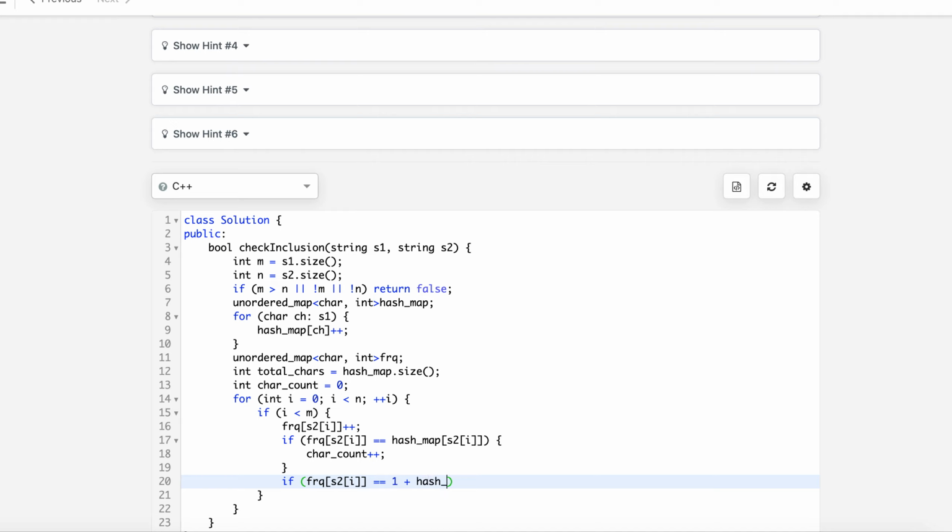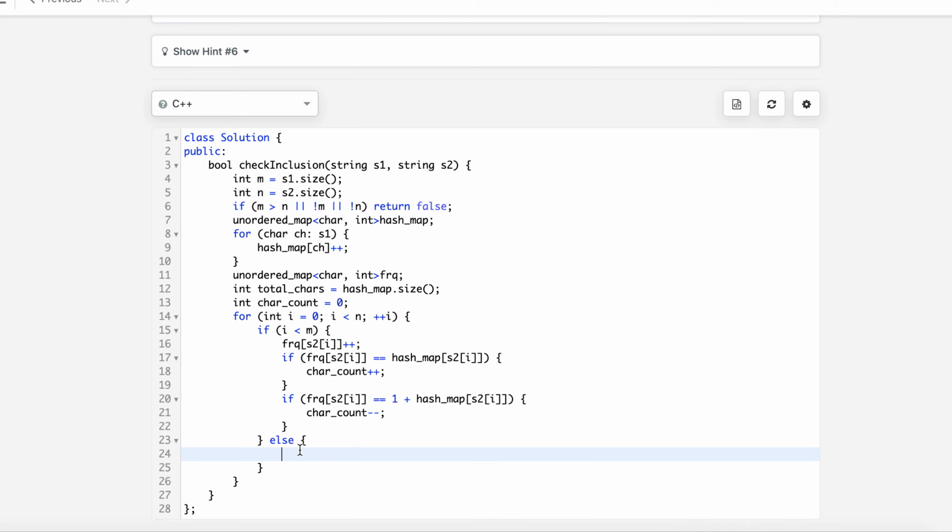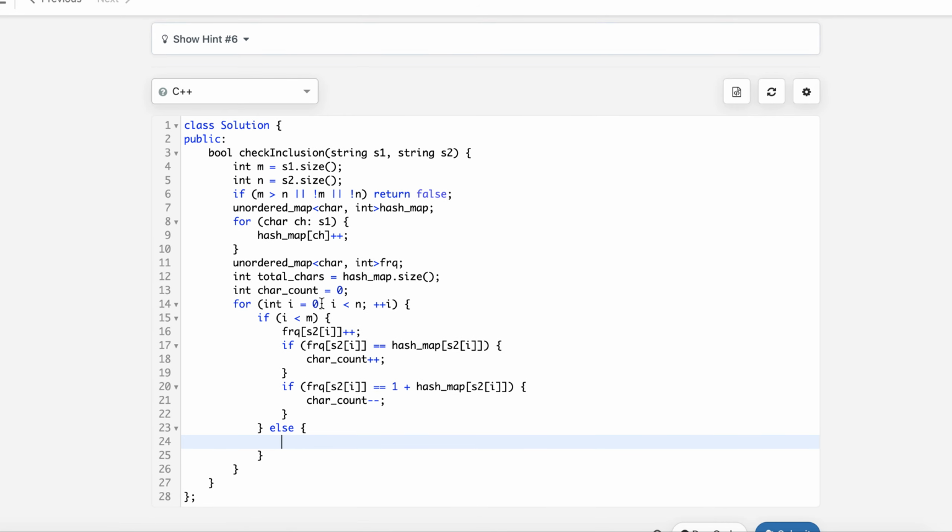then we will just remove that matching, we will decrease that matching, if i is less than m. Otherwise, in other cases, if i is greater than or equal to m,